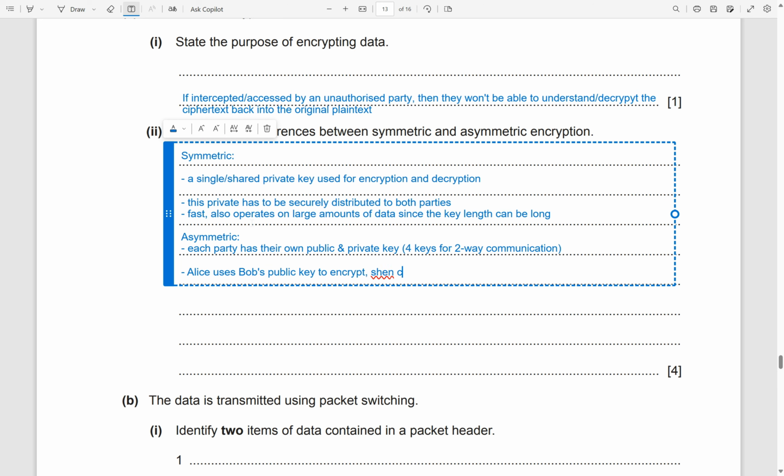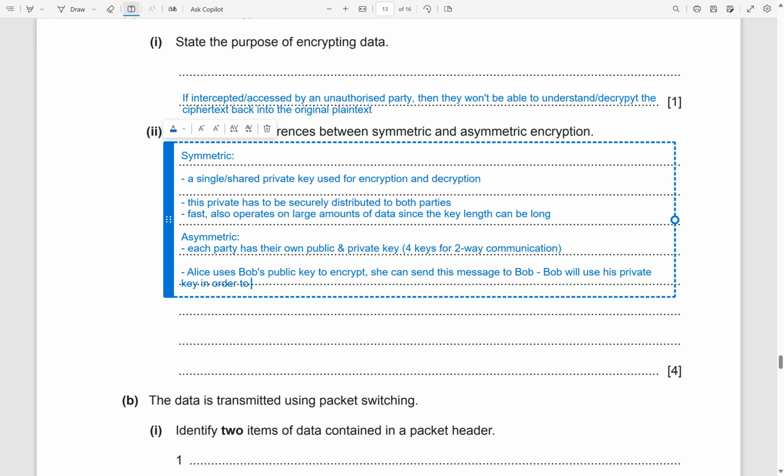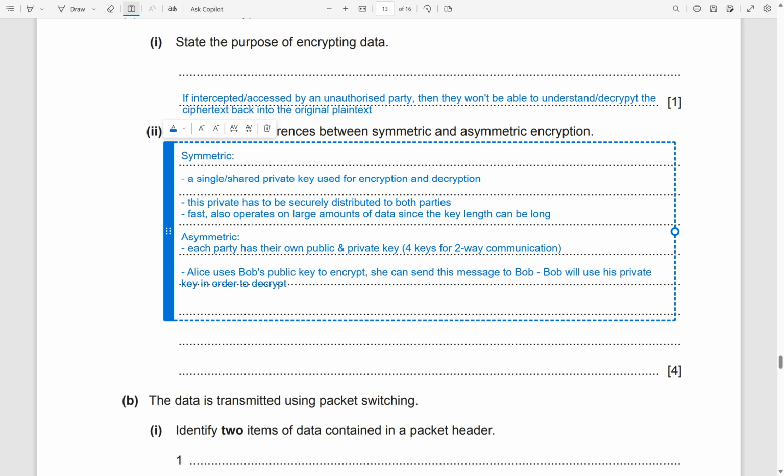She can then send this message to Bob. And then Bob will use his private key to decrypt. I think that's kind of how it works. It's more secure than symmetric encryption. However, it's going to be slower,